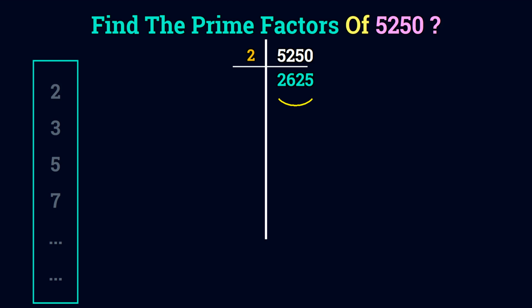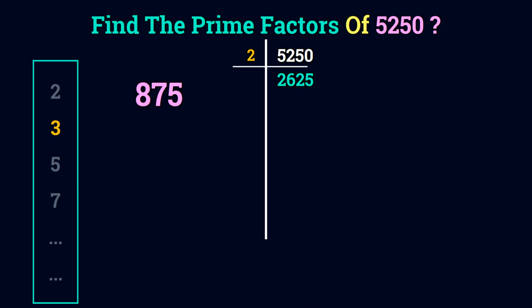Dividing 2625 by 2. The result is not an integer. Since the result is not an integer, we will try to divide by the next number. Dividing 2625 by 3, which equals